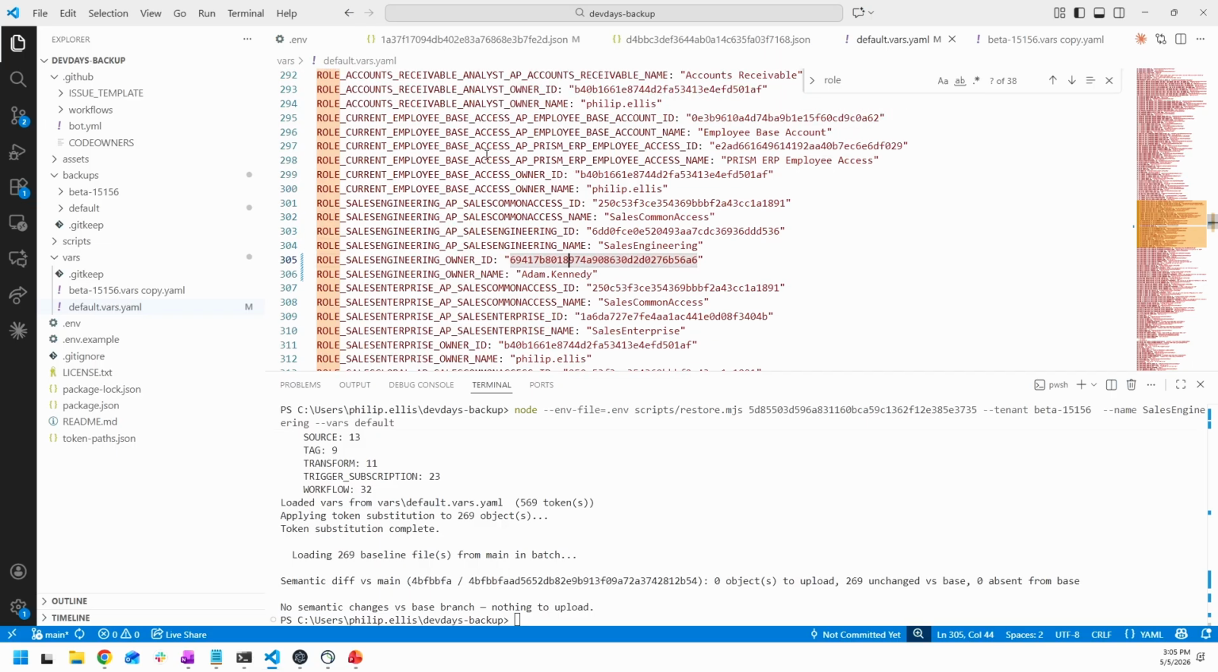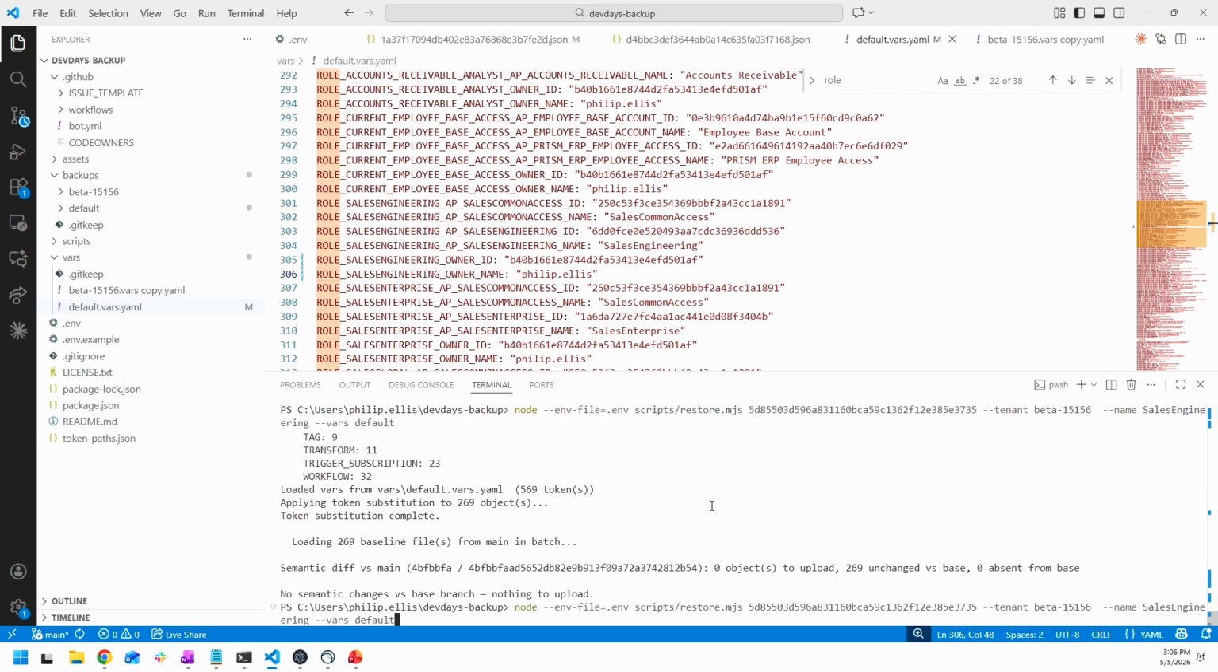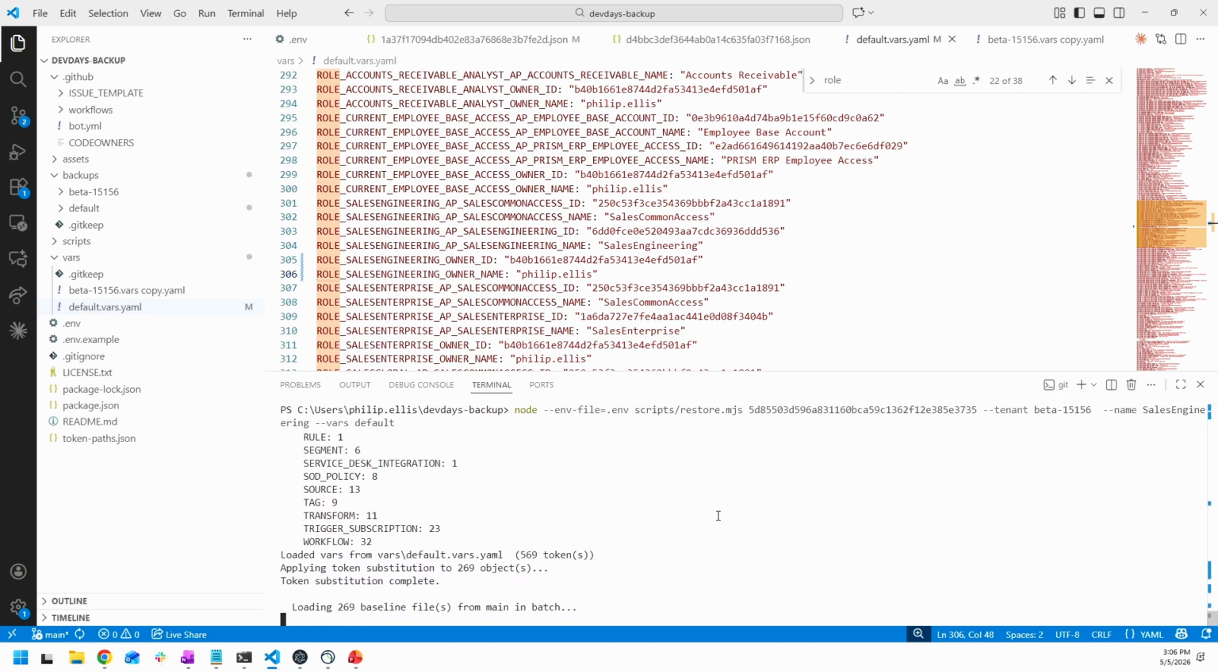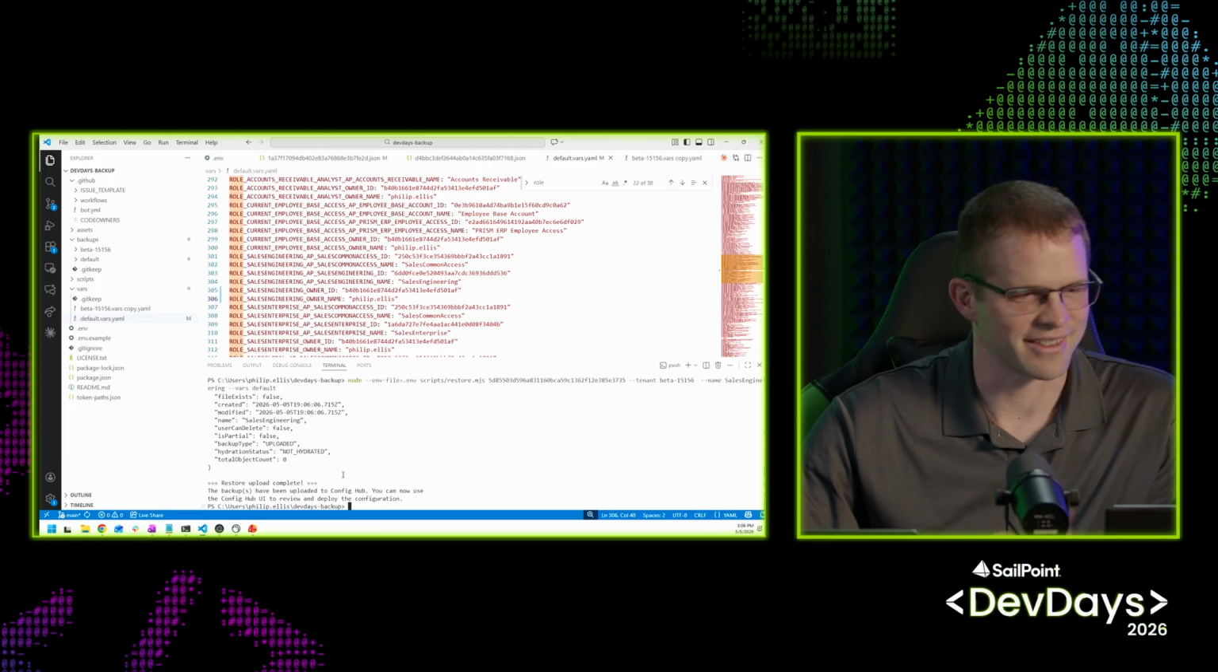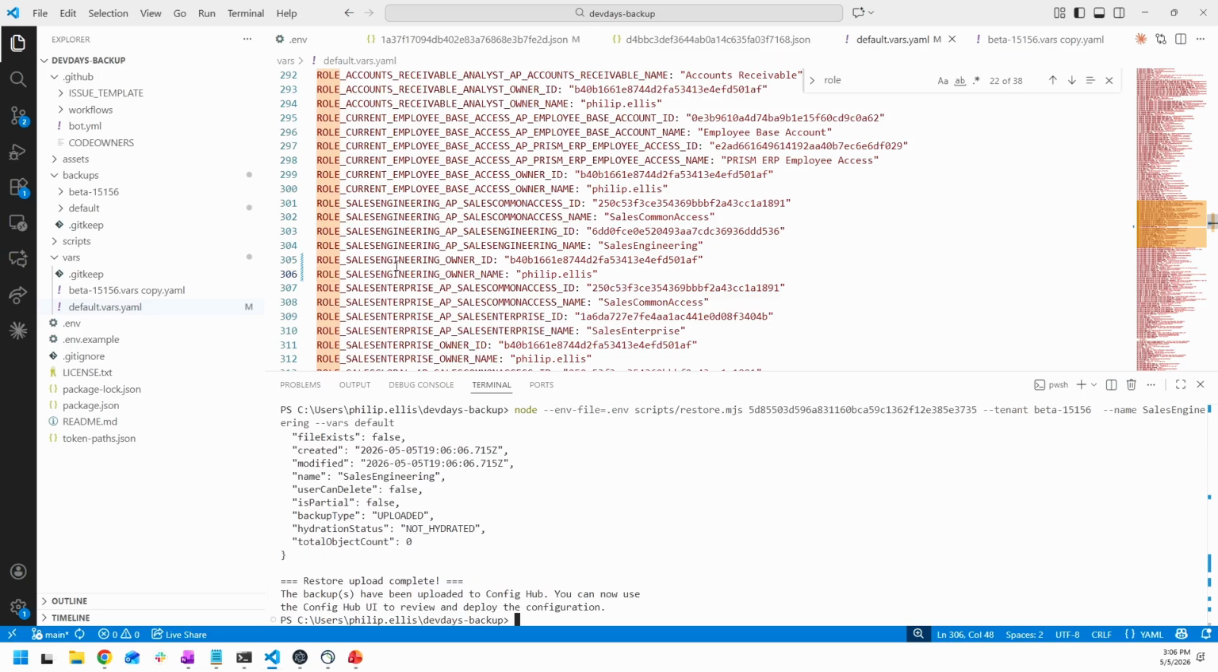Let me take one from up here. Owner ID into here. And then owner name. Philip Ellis. Try one more time. If this doesn't work, then I'll just have to move on. But pretty sure it will now. Yeah, restore complete. Okay, so now it actually worked, because the problem is it just so happened that the var